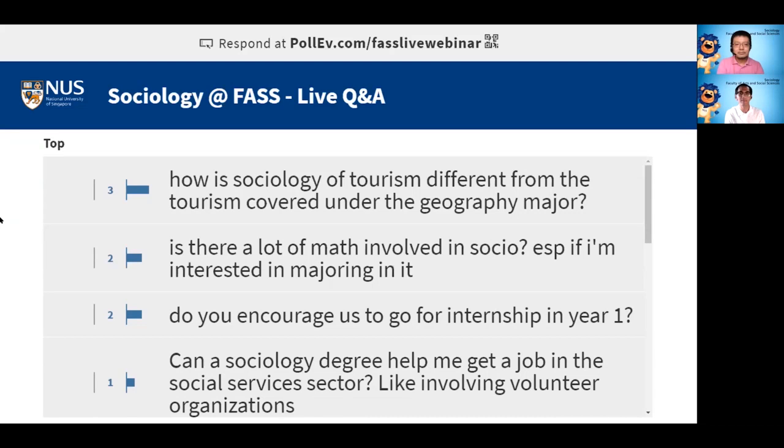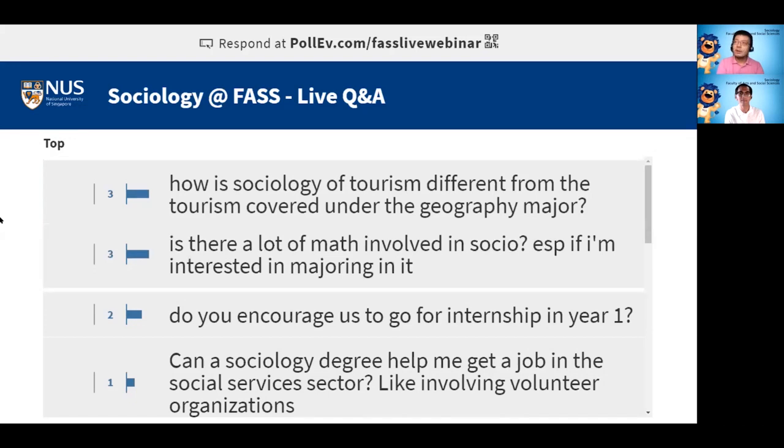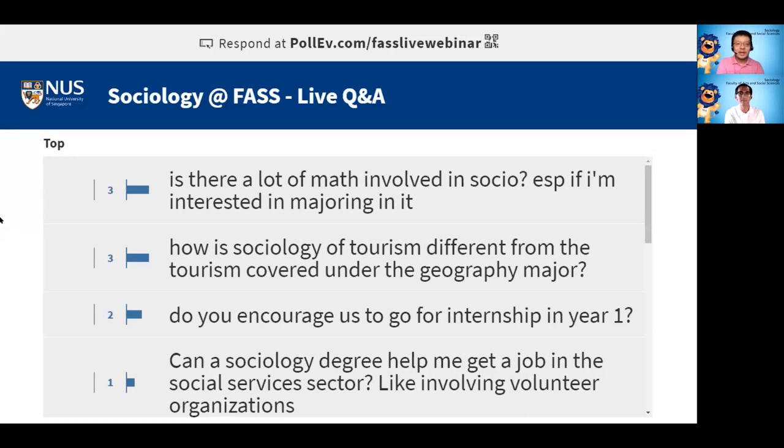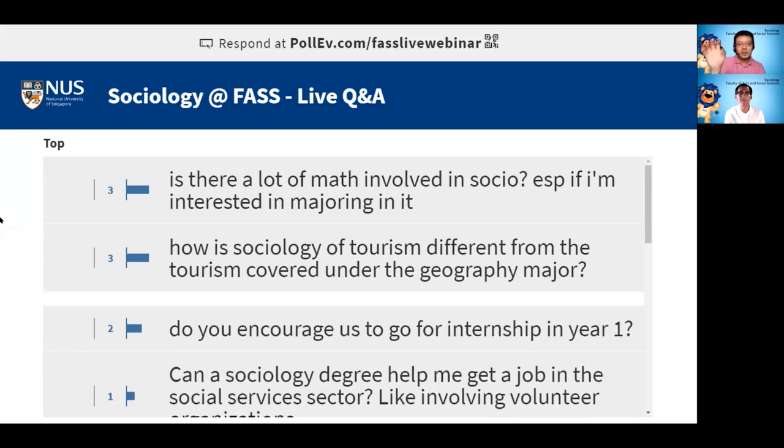So when we are looking at tourism, for example, under geography and sociology, how is that different? Well, in many ways, geography and sociology overlap a lot. For example, I teach urban sociology, which we have a lot of geography students who come and take my module, and it's very interesting because the geography students tend to think in terms of space, the kind of spatial thinking and how the city is mapped into space. So they have an image of space when they think about certain phenomena, whereas for sociologists, we think in terms of groups of people.